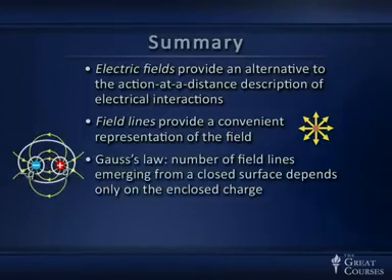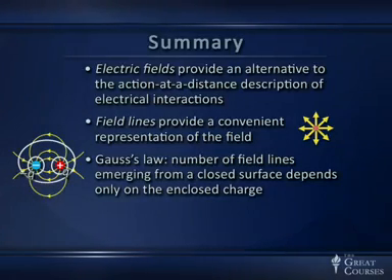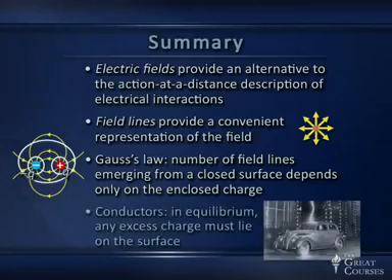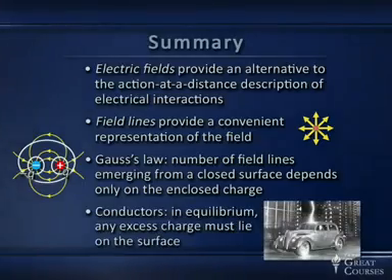We've seen Gauss's law for, in particular, in this case, a dipole, an important charge distribution we looked at, and it tells us that the number of field lines emerging depends only on the enclosed charge. And in conductors, we've seen in equilibrium, any excess charge has to lie on the surface. Now, if you don't want to do a lot of mathematics, you're done at this point, but I'd really like